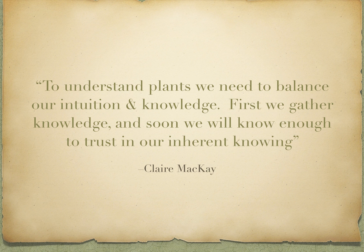And then go back to a book and find out the name of the plant and say, oh, this plant is antiseptic. Now, I'm not saying that we should all go out and use our instincts to find plants to treat people, but it's certainly a feedback loop. And once you have enough knowledge, your instincts start to feed back also, and it's a two-way learning process, and you can become a really good herbalist by listening to your instincts as well as gathering knowledge. And that's the balance that we want to work towards,